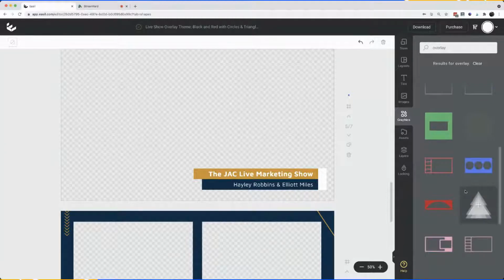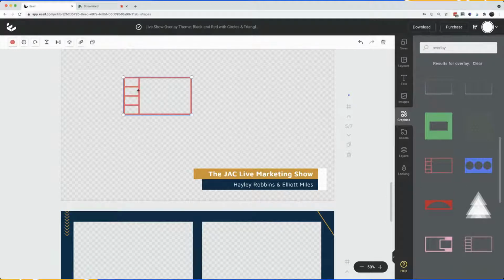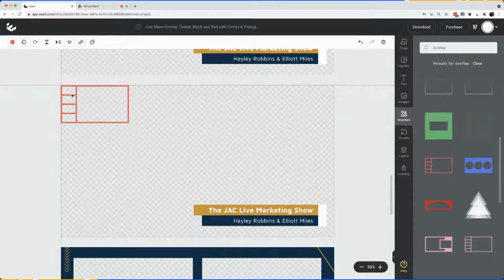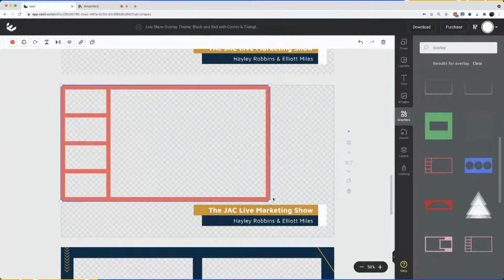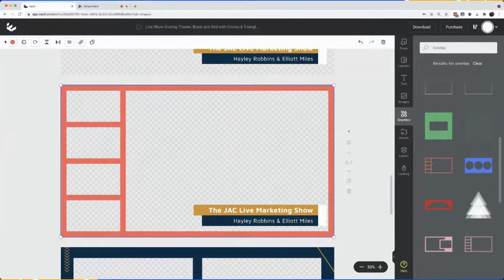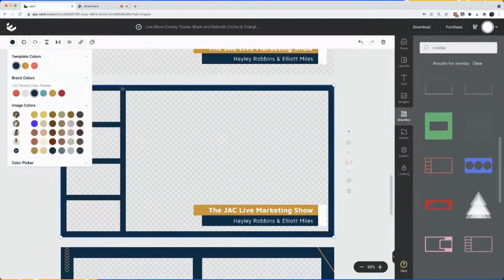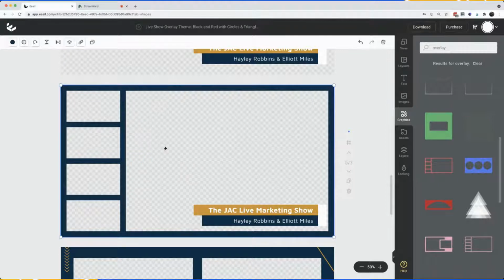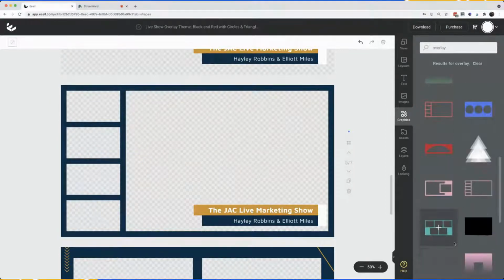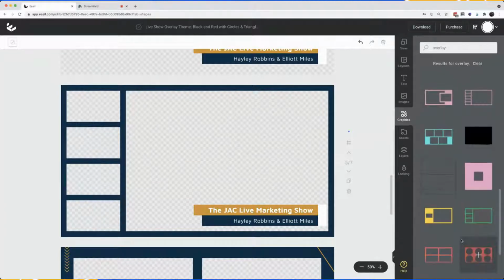Or if you've got 3 people, you can do that. Or even, look, we've got a layout for 5 different people. So you can drag that across there, get the corner of that, and then apply any of your brand colors to that, send it to back, and you've got another layout. So working through this section, there's a whole bunch of these different camera layouts as well that you can just drag and drop